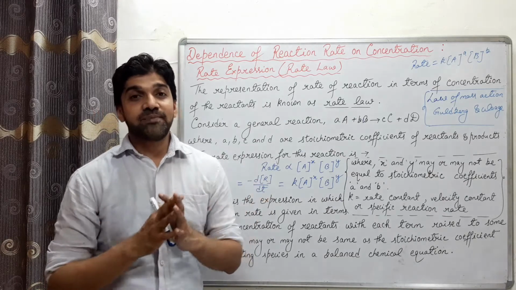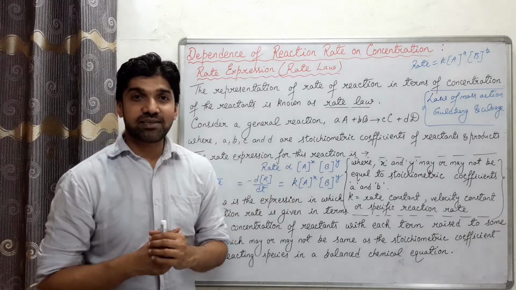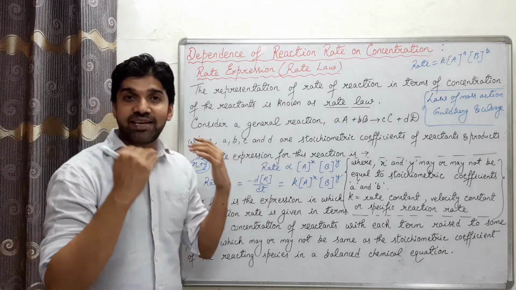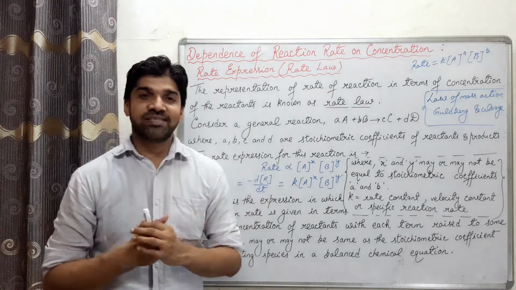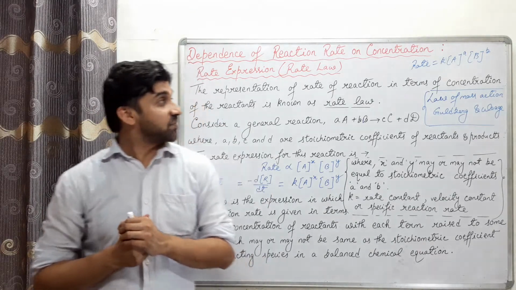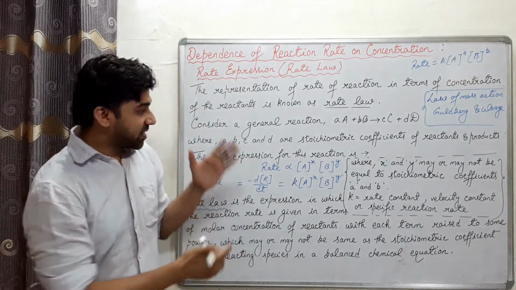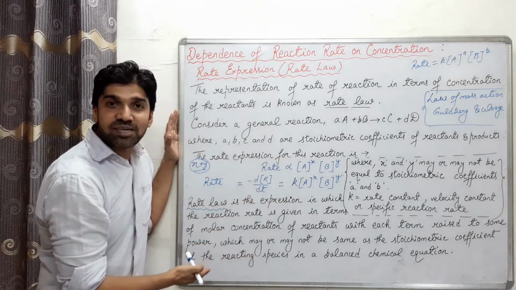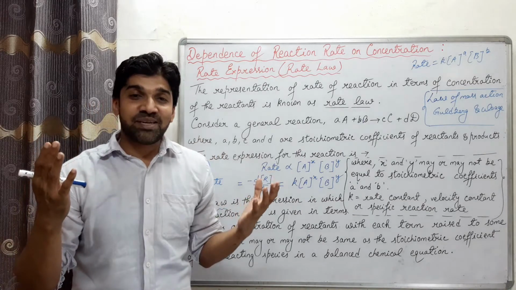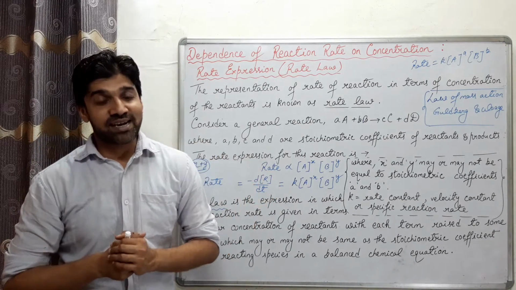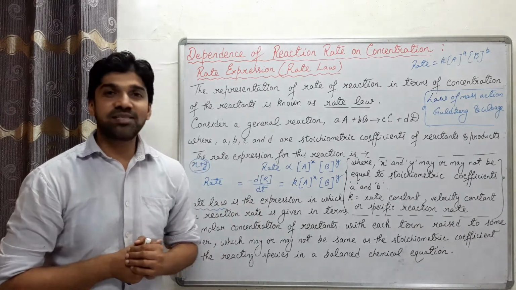So this is very important. We'll see later on in detail in this chapter about the units of the rate constant and about the order of reaction. So take out your copy and pen now. Start making your own notes, starting with the rate law or the rate expression. This is our rate law, that is, the rate expression. We will again discuss it now with the help of some balanced chemical equations. How can we write the rate law for a balanced chemical reaction? So start noting this down now.